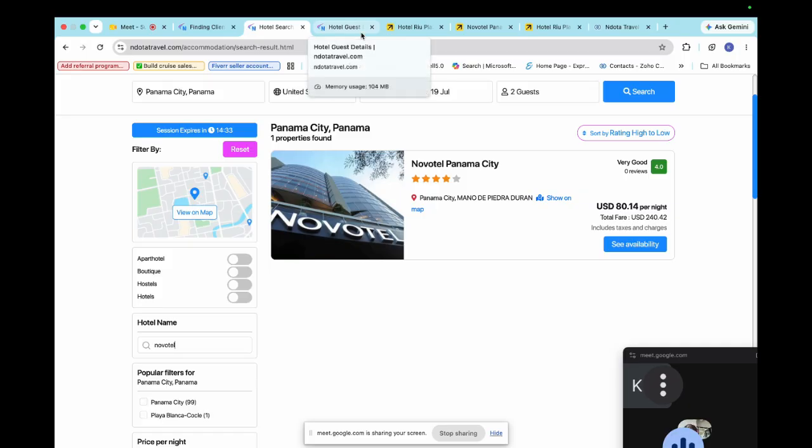So there are many. The main difference with Expedia is that you'll be required to make full payment on Ndota Travel. But the rates are competitive. The rates are good, especially for the hotels. You have access to packages. You have access to tours, and guys, you have access to car rental, right? You have access to car rental that you